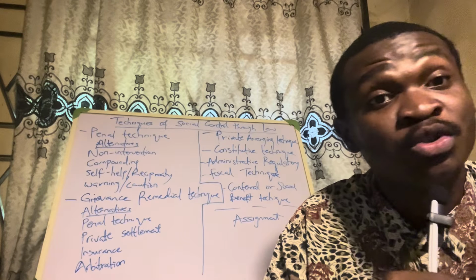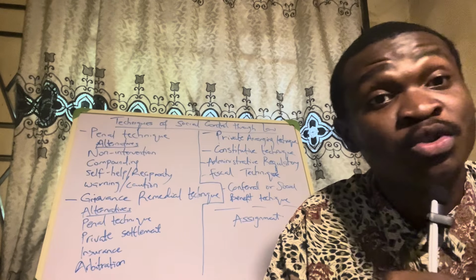So after the prosecution opens and closes its case, the defense will open and close its own case. The defense is opening its case to disprove whatever was proven by the prosecution. The prosecution is supposed to prove beyond reasonable doubt. If the defense succeeds in putting a doubt in the mind of the judge, then he will be exculpated. Exculpated means he will be discharged and acquitted. He will be found not guilty.